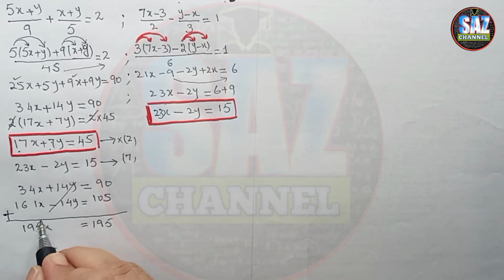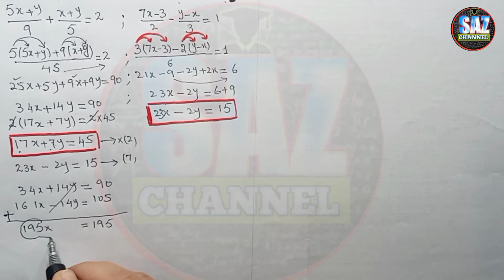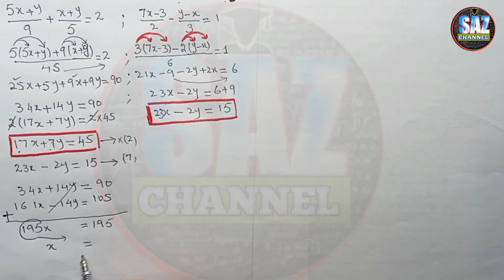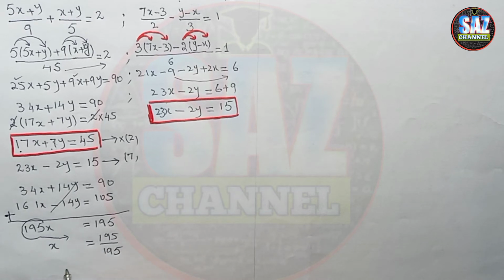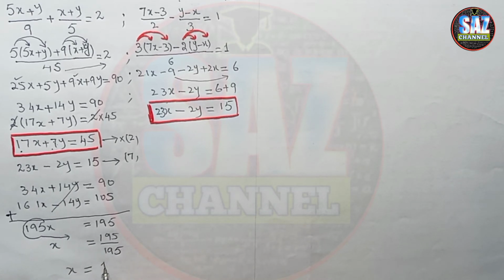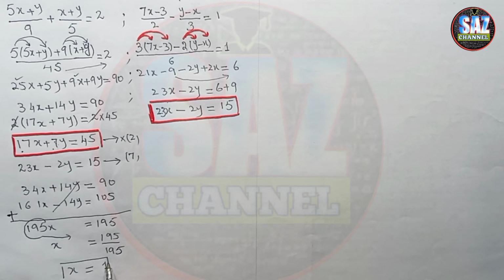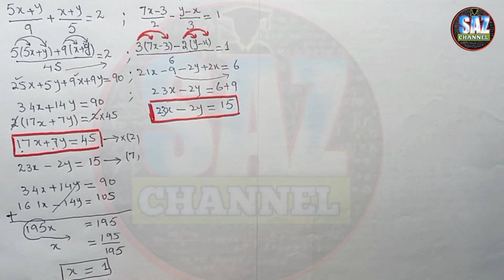Okay, and shift this 195 to the other side. Because that is multiplied by x, it will take the form 195 by 195. So x will be equal to 1 because we are dividing the same number by the same number, so it's obvious the answer will be 1. Now replace x equals 1,